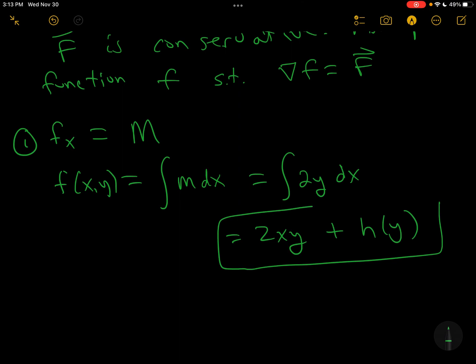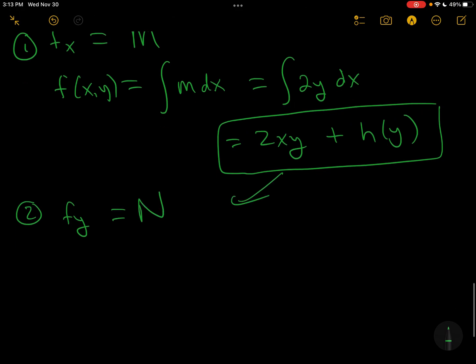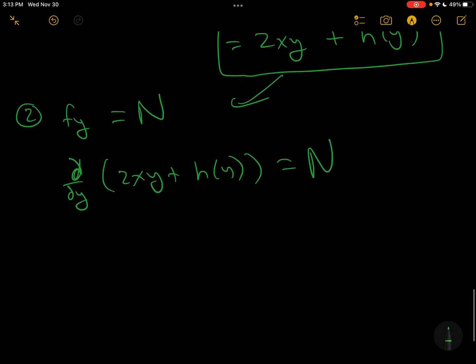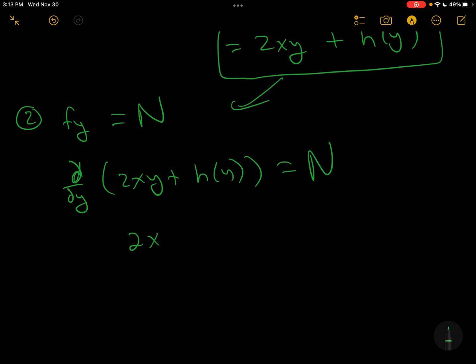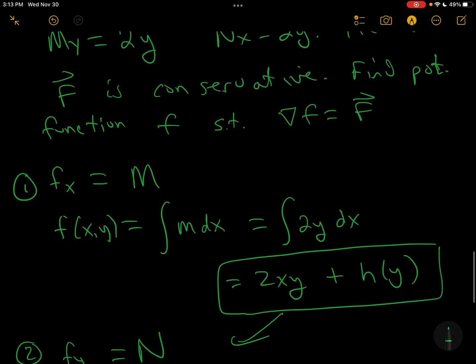So that's our first round of f. And we also know that f sub y equals n. So if you take the partial with respect to y of 2xy plus h of y, this has to equal n. And that partial is what? It's 2x plus h prime of y. And that equals